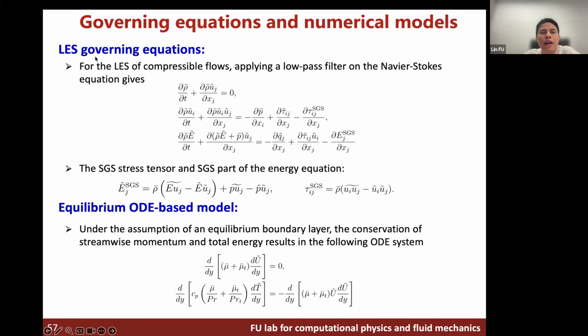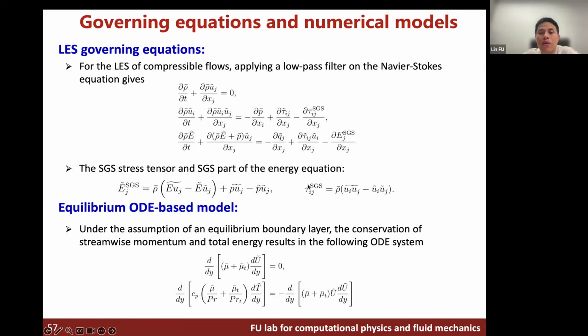For instance, let's consider the LES governing equations, which everyone knows from textbooks. After filtering, you have this subgrid stress term and heat flux term. And you have two ways: one is an explicit method to close this system, but you can also have a numerical method, an implicit method. I would prefer my TENO scheme to close this, using the numerical dissipation term of the TENO scheme to close